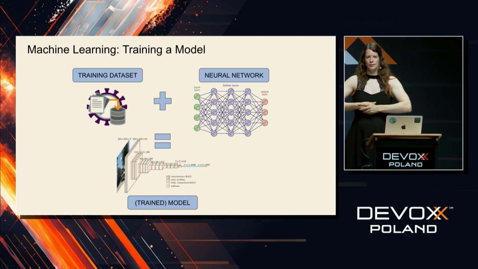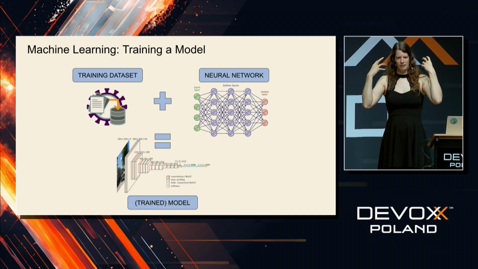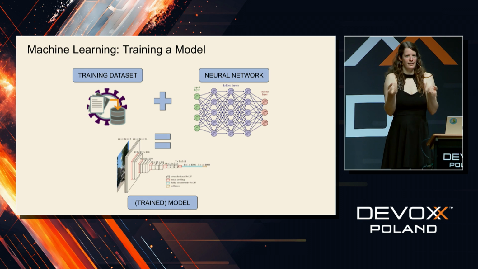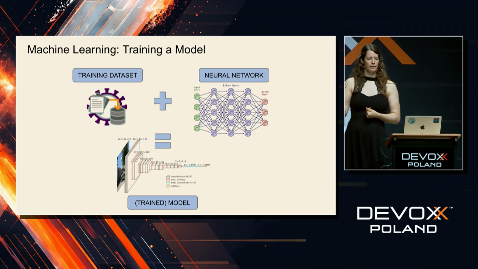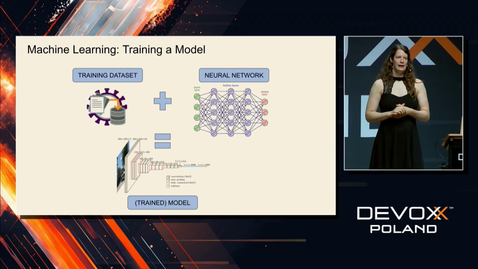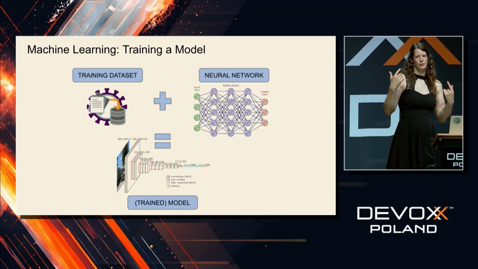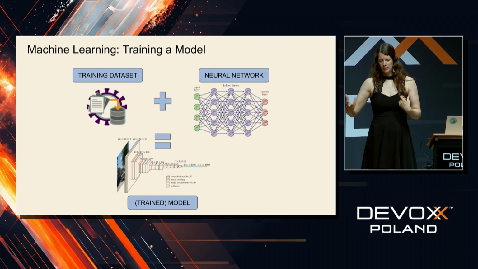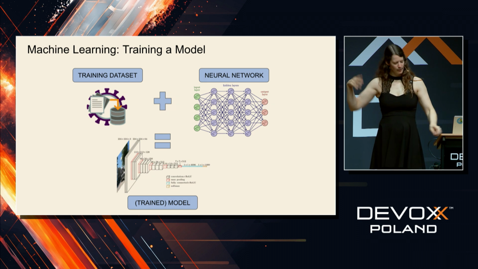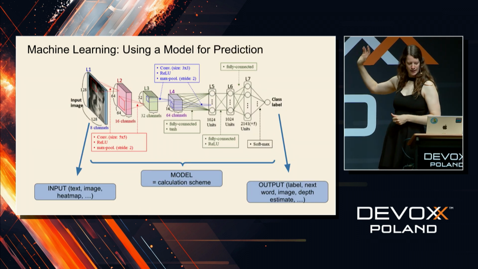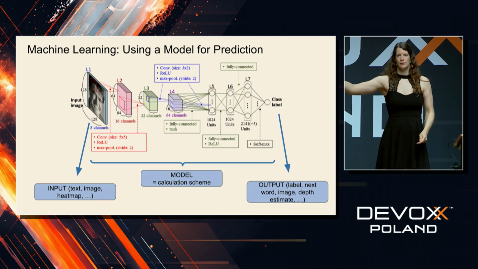So you don't have to really define rules for this to work. You just have to pick an architecture, and then it will kind of find the rules out itself in these weights. Once you have these weights, you have what we call the model, or trained model, and this is no more than a calculation scheme. So if you wonder what's happening when you call a model, in the end you send in some digital input, it runs through a lot of matrix multiplications, as you can see here, and at the end of all the calculations comes out something else that you want to use.